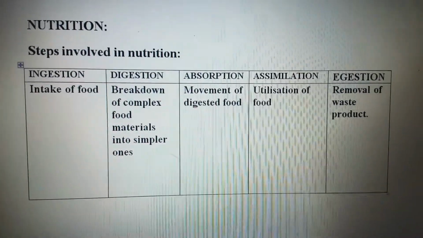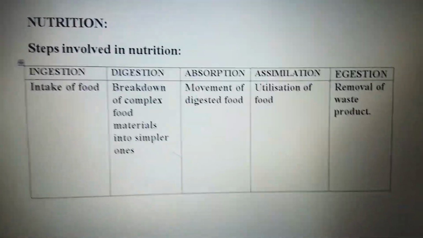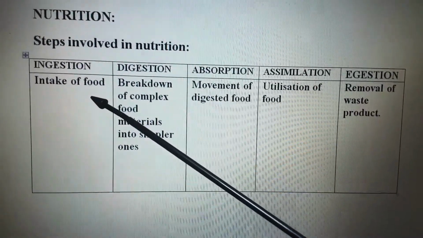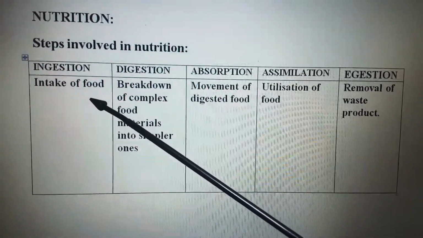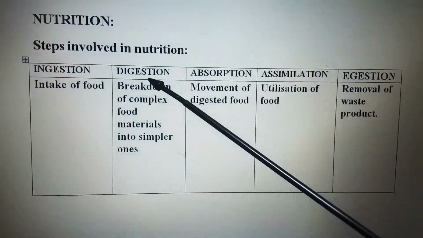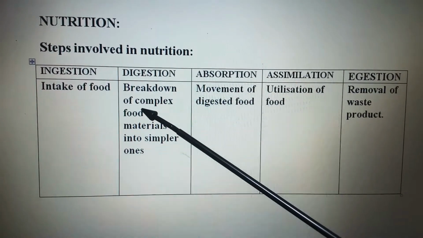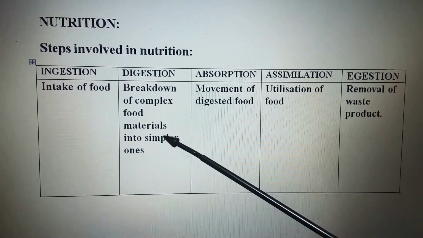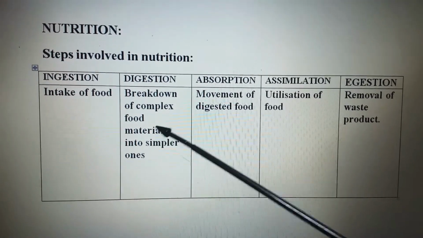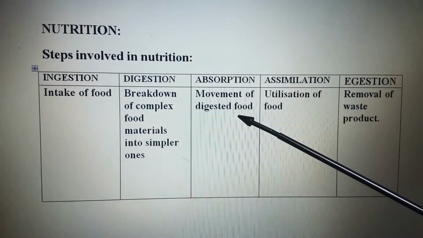Nutrition in animals. There are certain steps involved in the process of nutrition. First is ingestion, where the food is taken in by the organism. Then the next step is digestion, where the food is broken down from complex material to simpler ones. This simpler food is then moved towards